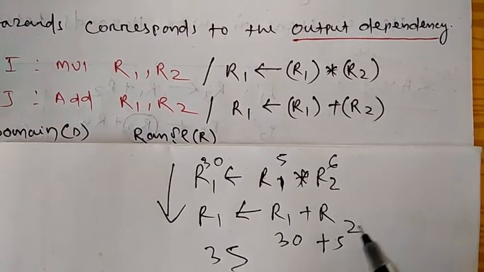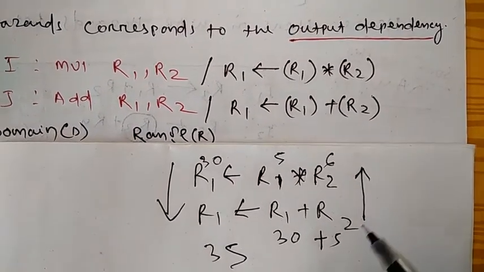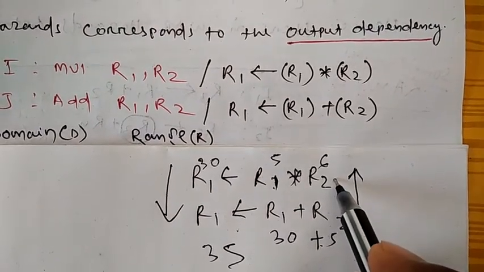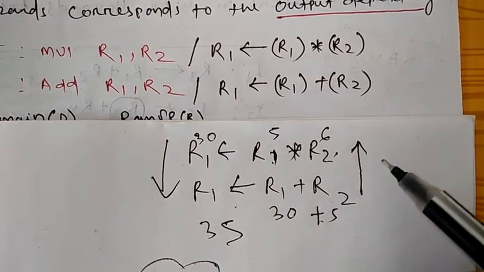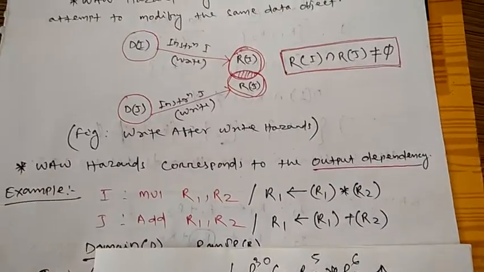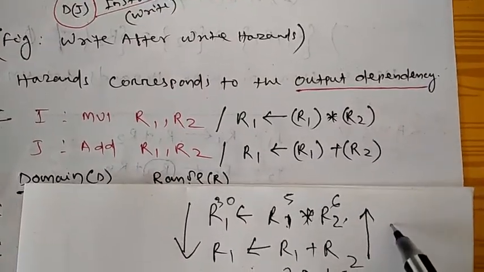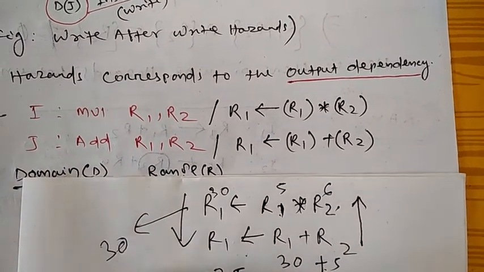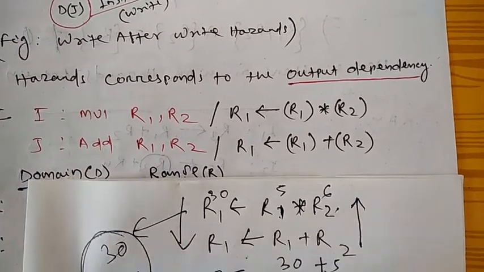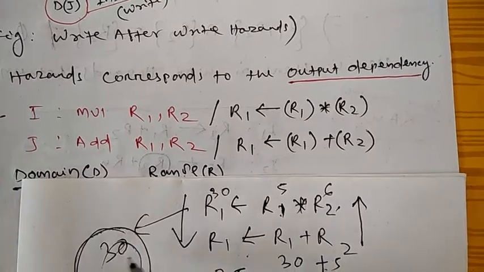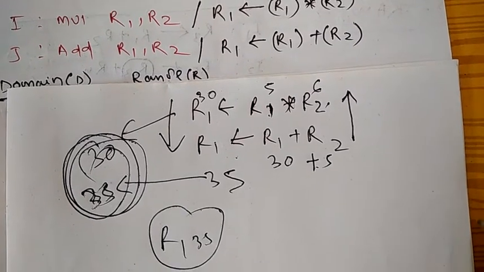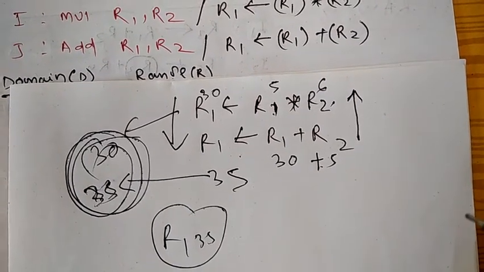Then what happens is like this. Are you understanding? If you are working on right after right, both instructions are trying to write r1. This one is trying to write 30 and that one is trying to write 35. So it will create a problem. Which value will be taken? The memory cannot identify, or it will be in trouble. So there will be hazards.